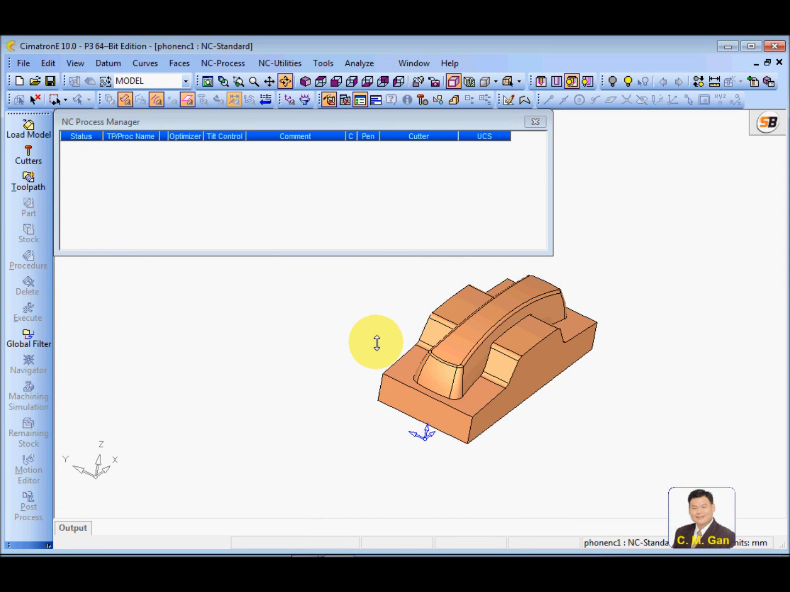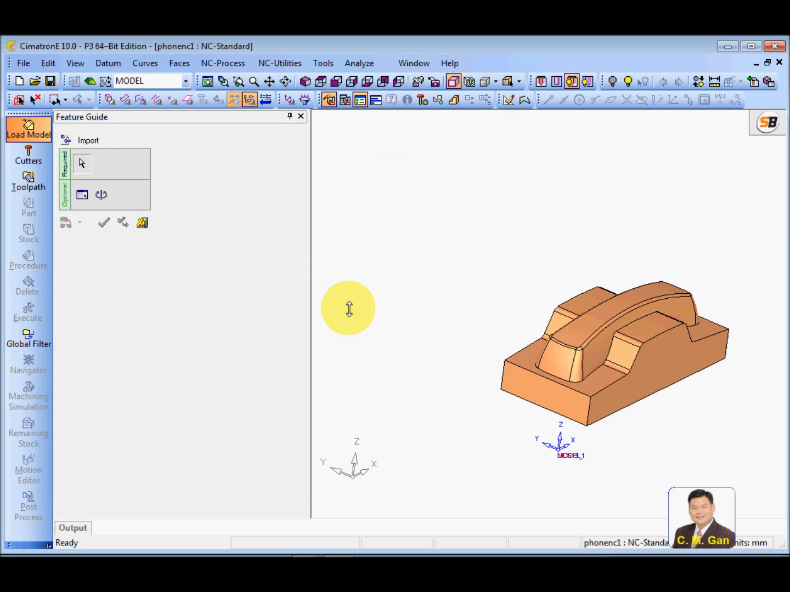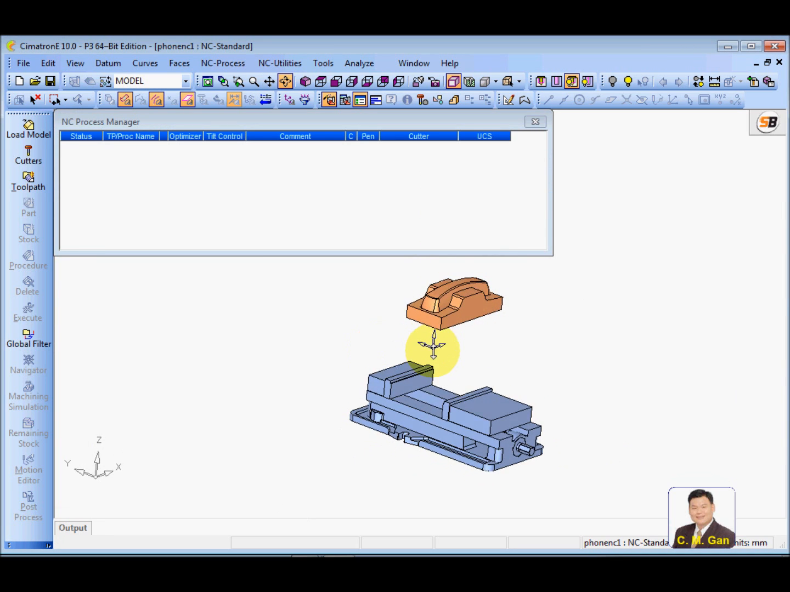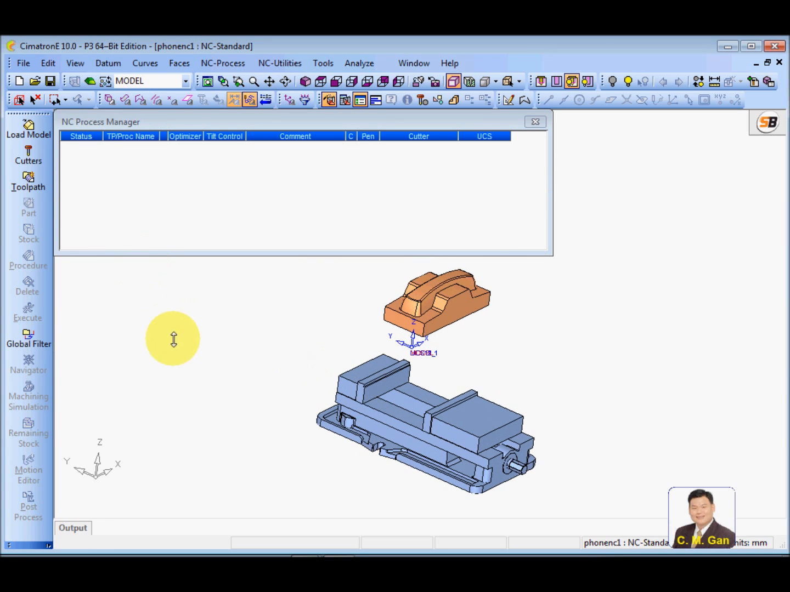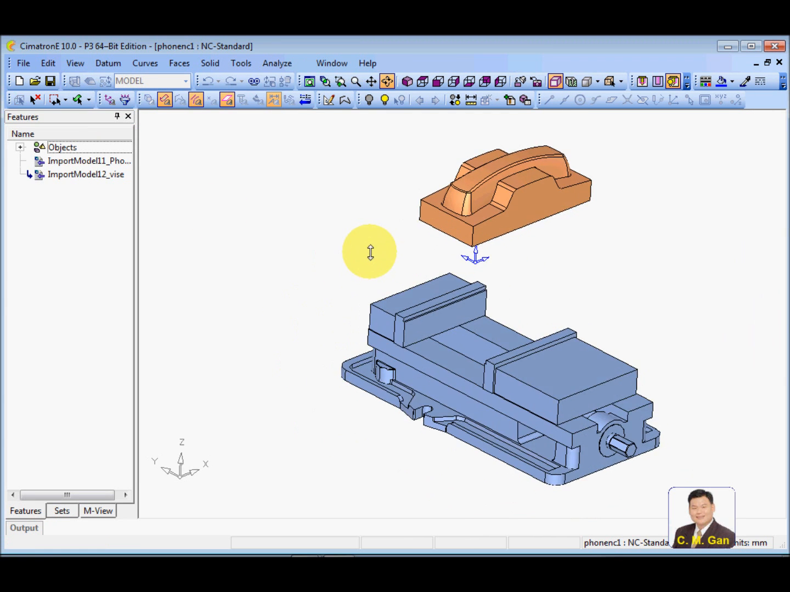And also I'm going to load my jaws here into Cimatron. Right. So again, I put them roughly at these locations. Next, I will go to the CAD mode. Click this icon, and then